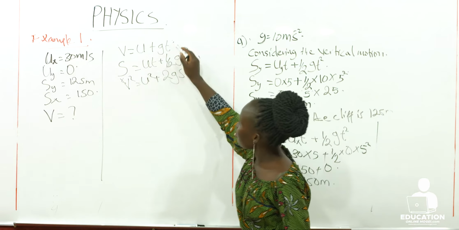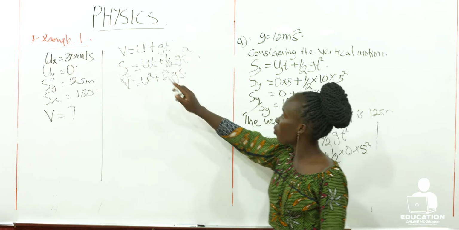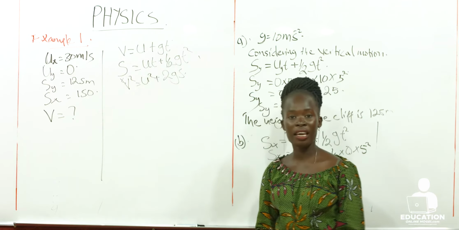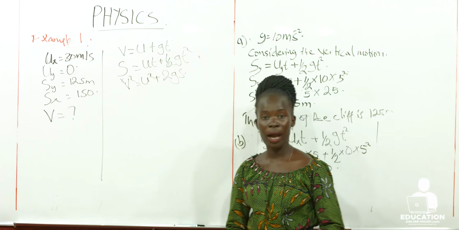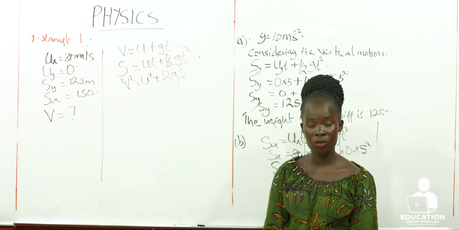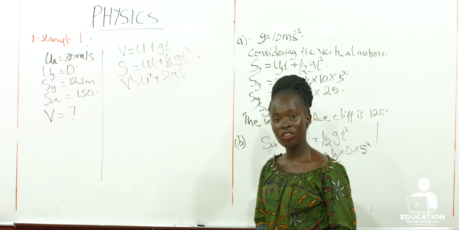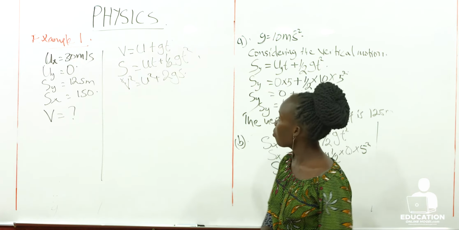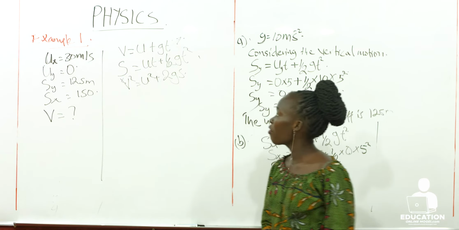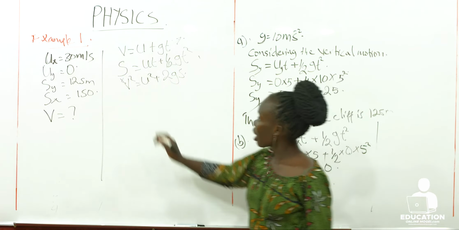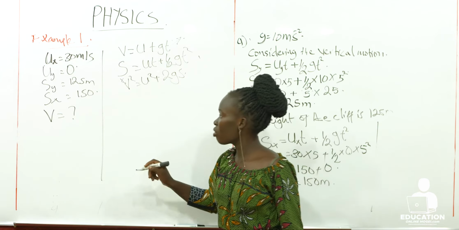Now look at this. There we did not have the S, but we know we have the initial velocity. We had the initial velocity for both the motions. We had it when the body is moving in the horizontal, and then we also had it when the body is moving in the vertical direction. So meaning that we can now take our first here. So if you want to get this velocity with which it hits the ground, we can consider the